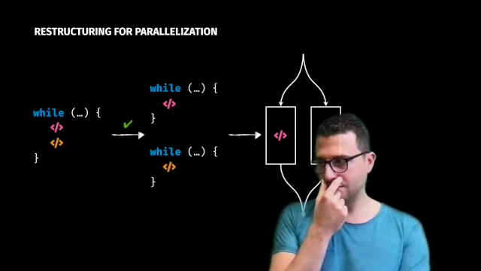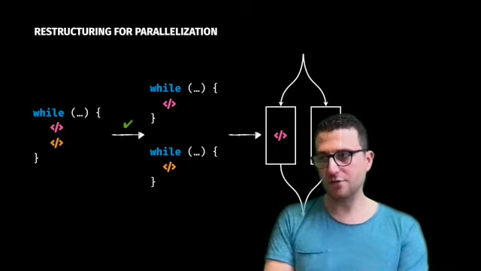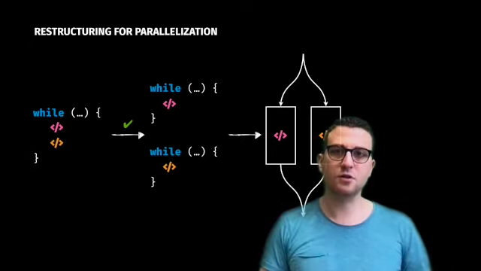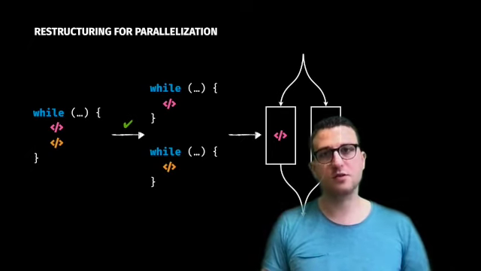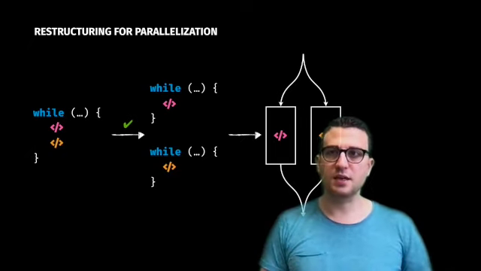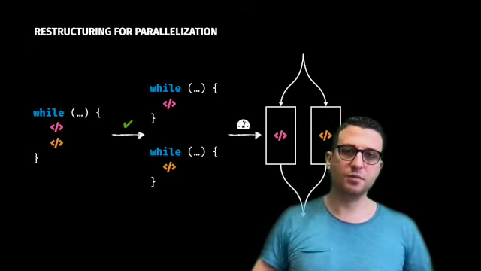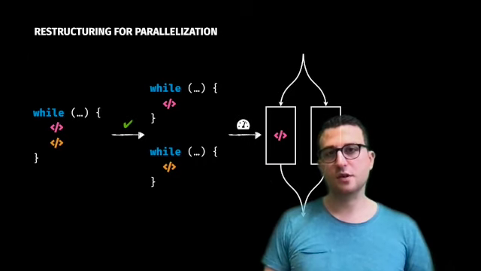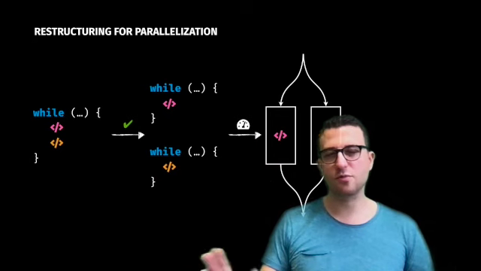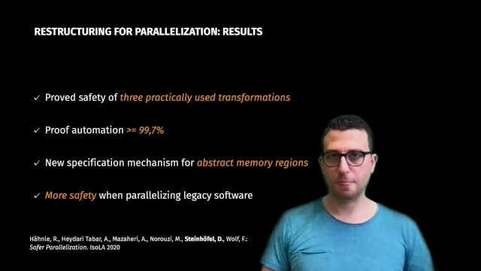And actually, we don't only have the correctness result, it's the first mechanized, precise documentation of these transformations that these people apply. So it's actually also a nice contribution. And then we can do the parallelization. And this gives us now more safety in this parallelization, which before was maybe a little overly optimistic.